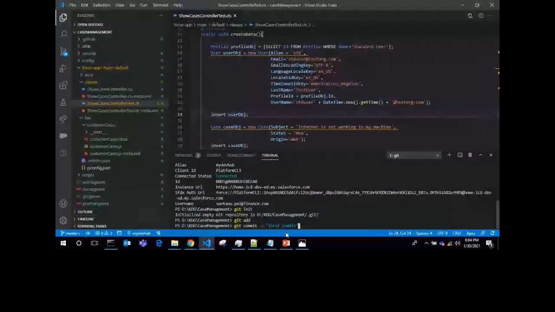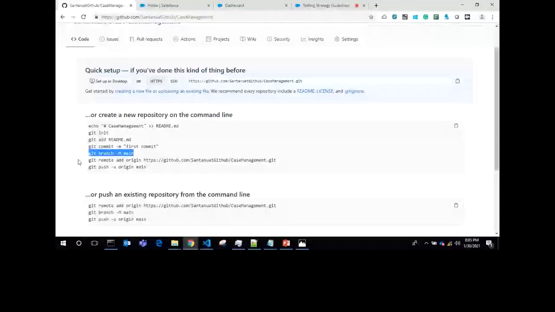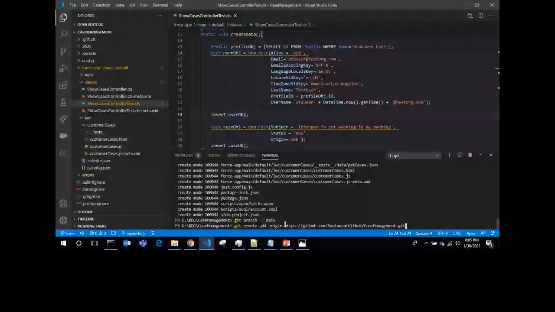Now that is the very important thing, because as you remember, we always referred to the master branch in a GitHub repository. Currently this has changed to main. So be careful. You have to switch to main in the GitHub repository. Otherwise it will not work. So git branch, I have just switched back to main. Then I need to connect the GitHub remote repository. Okay. Now just push. Everything I have completed, I just need to push it.